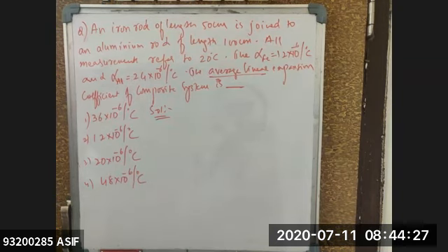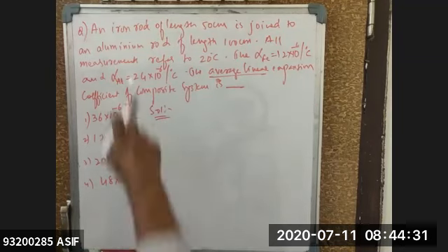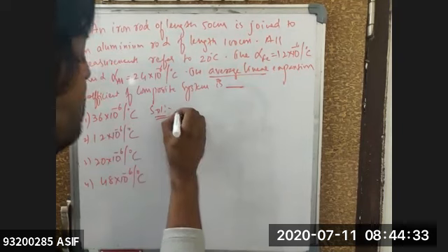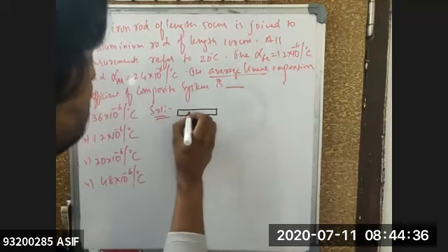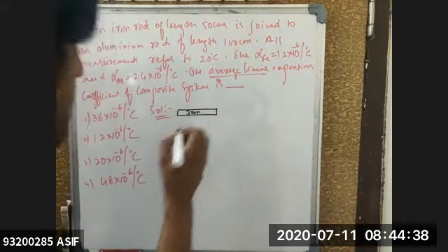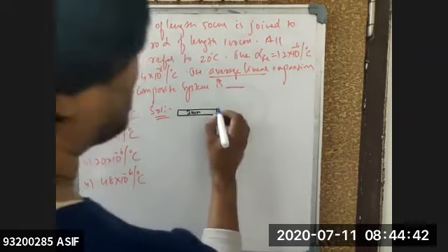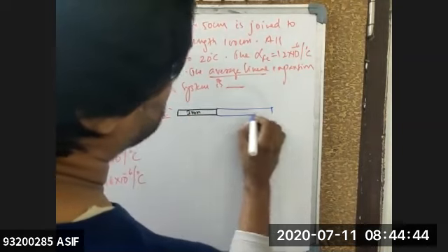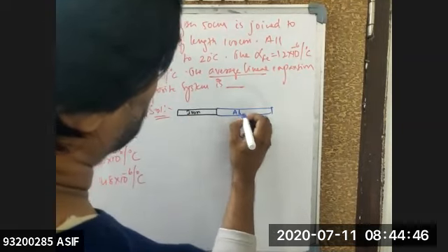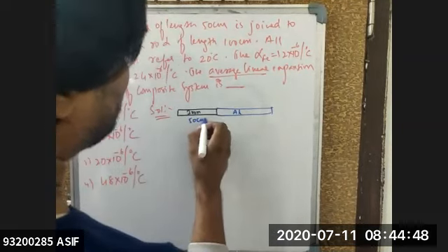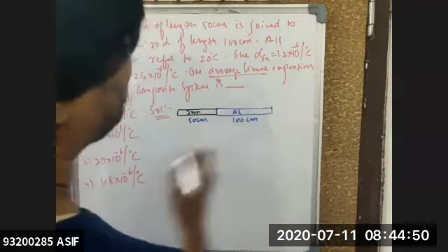Draw the diagram, you will get the answer. So what is the first one, beta? Iron rod. So this one is your iron rod. The next one is attached to this one. What type of a rod is attached? Aluminium. Aluminium rod is of 100 centimeters. This one is your aluminium. This is 50 centimeters and this is your 100 centimeters.